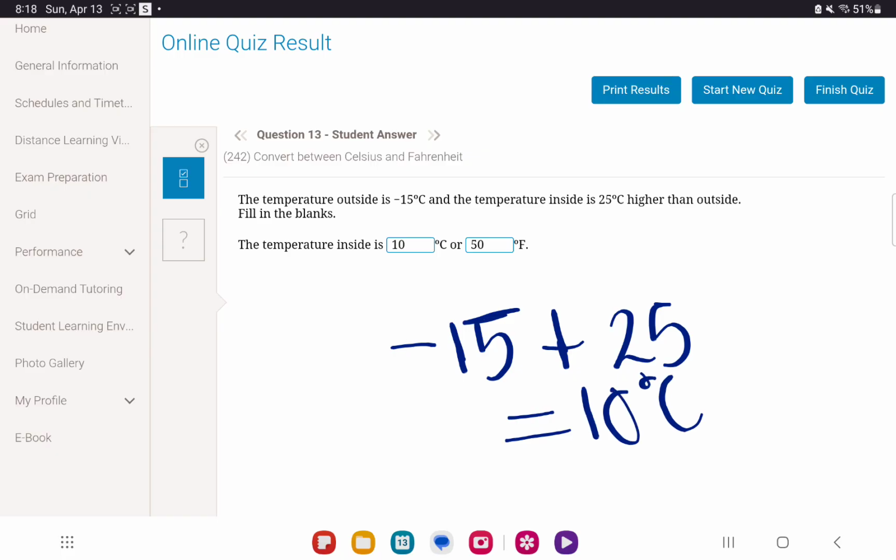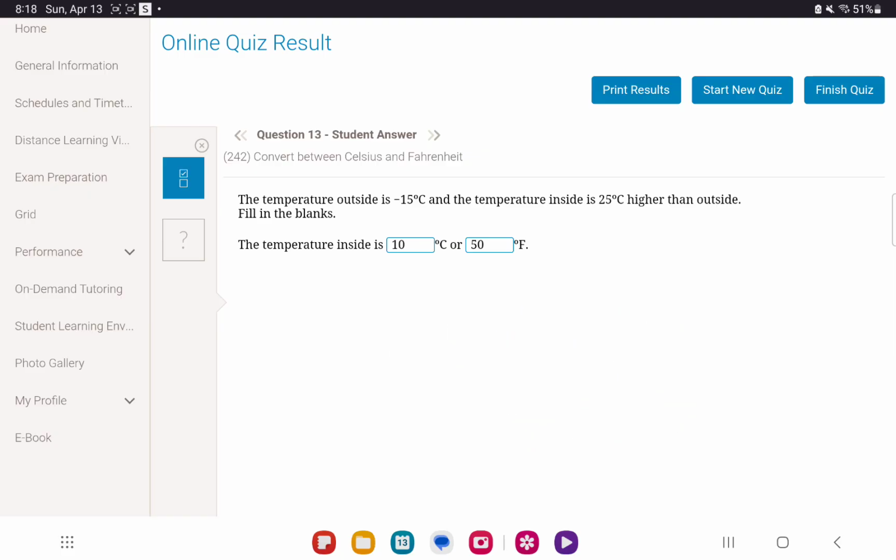Now this is where the hard part comes. Turning degrees Celsius to degrees Fahrenheit is very complicated. But let's just do it together. Now I'll give you the rule and then we'll fill in the numbers. So the rule to get Celsius to Fahrenheit is, first thing, brackets, in between brackets, the number of degrees in Celsius, times 9/5